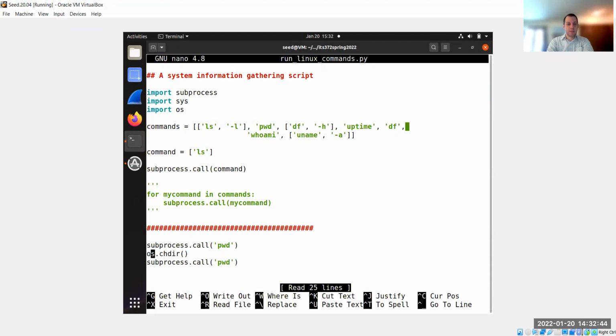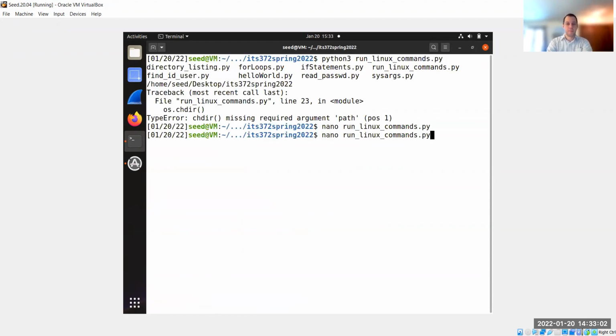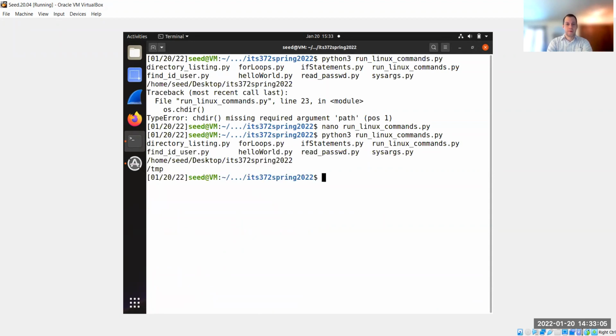So then change directory to, let's try TMP. Right, run it. All right, and you can see we ran the script. Now if I run pwd,